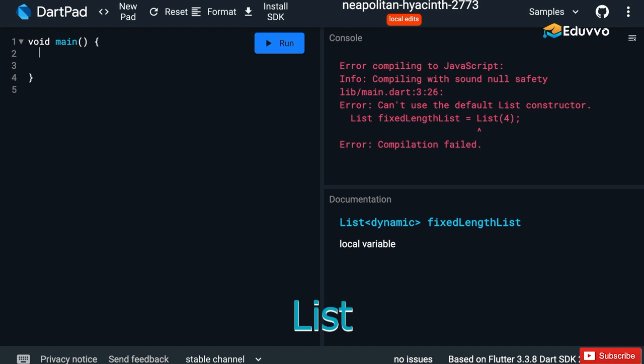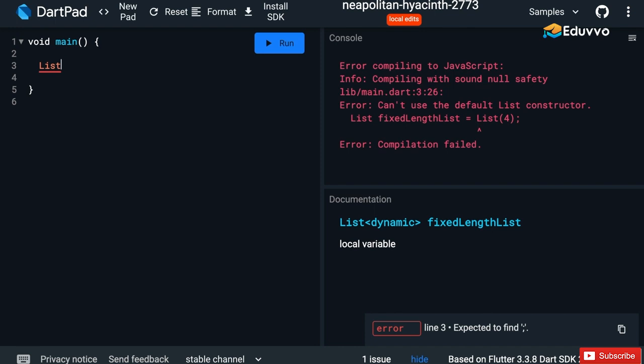So now in this lecture we will discuss what lists are in the Dart programming language. So lists are basically a collection of ordered objects, and in most programming languages you might have heard the name arrays. So in Dart, lists are pretty much similar to arrays in other programming languages. So let's see how we can create a list variable. For that let's call List, and after this List we need to define the type of this list, and this type will ensure that the type of data that we are storing inside the list will always be of string type. So let's call it list,